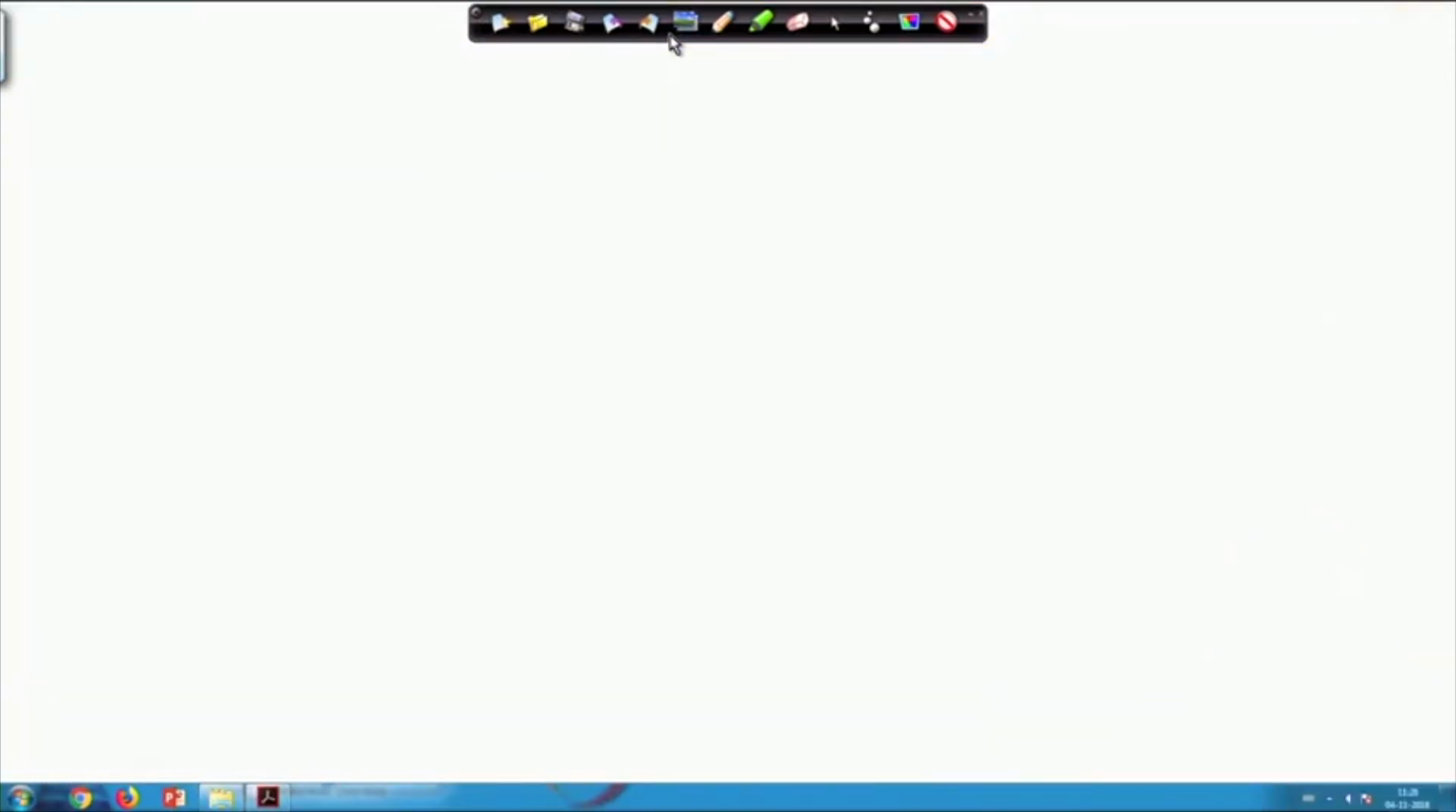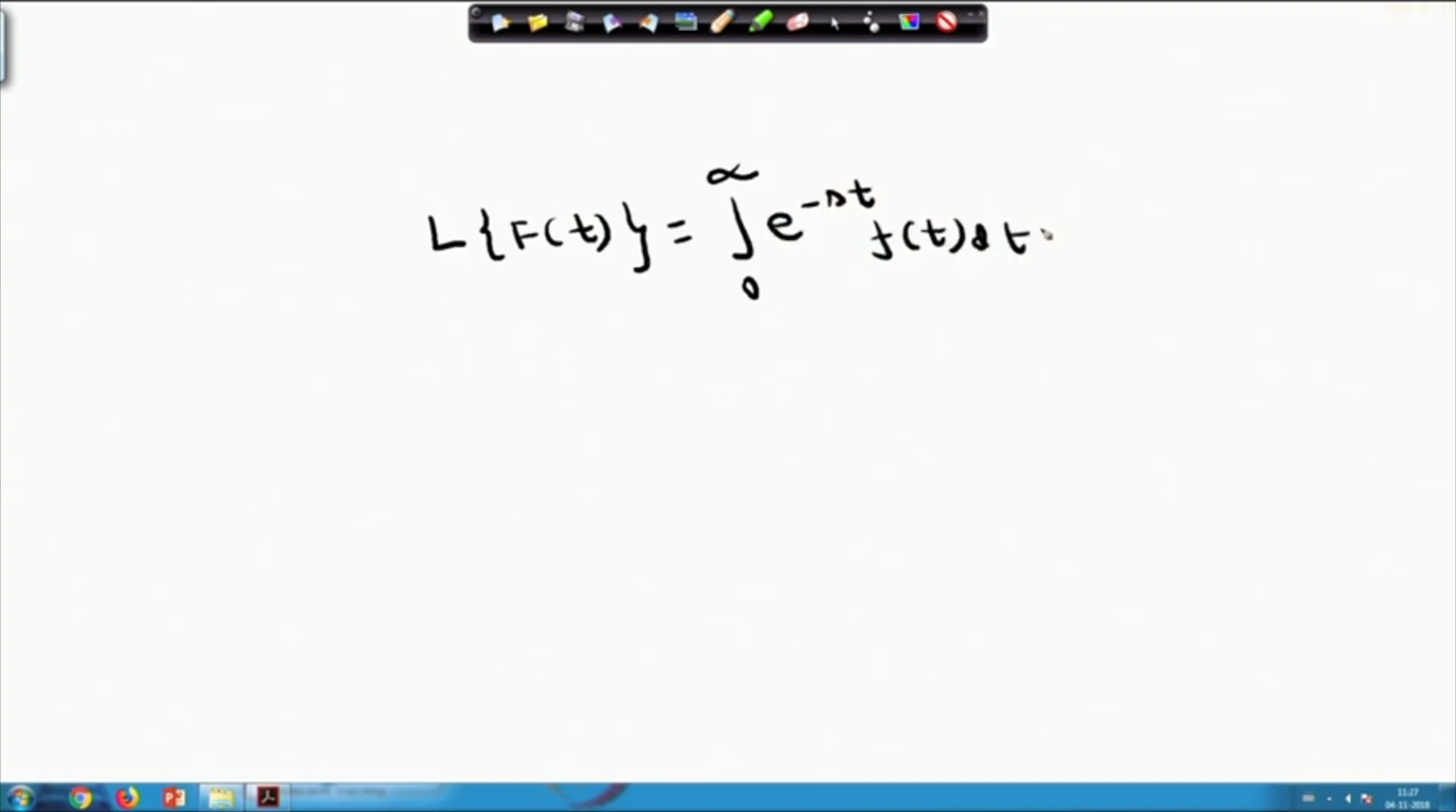The proof here is simply that we know the Laplace transform of F(t) equals the integral from 0 to infinity of e^(-st) F(t) dt. We know this thing. Now, if we take the Laplace transform of a1 f1(t) plus a2 f2(t),